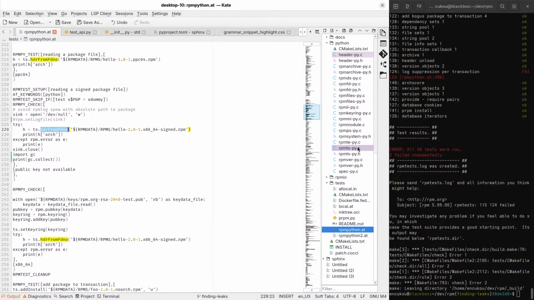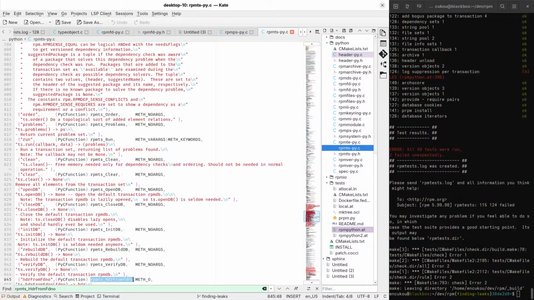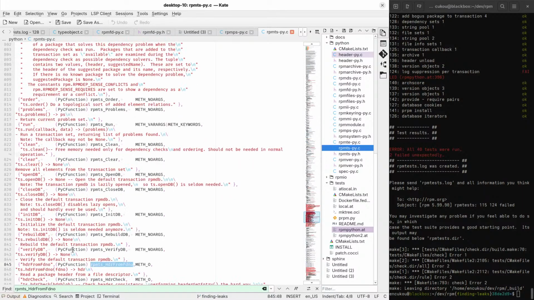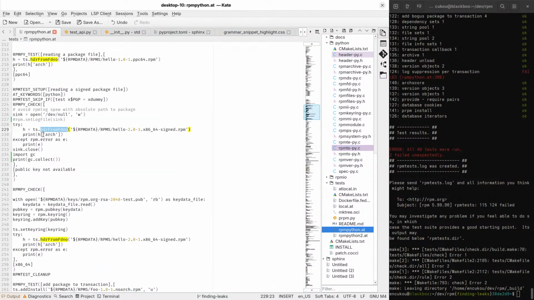Oh. HDR from FD number returns a tuple, and this is trying to print arch.